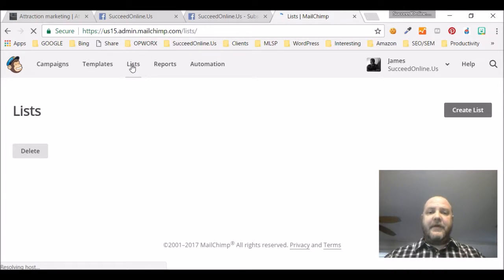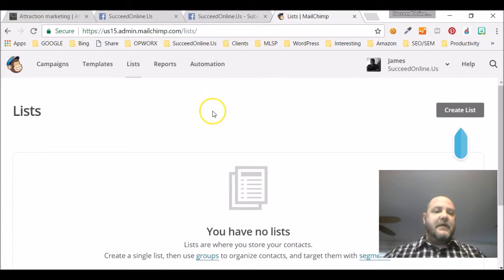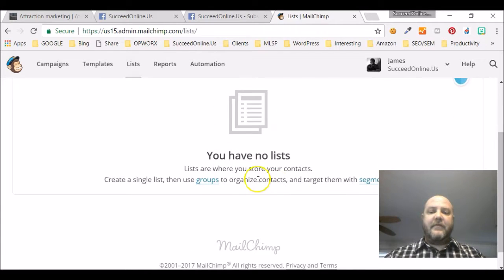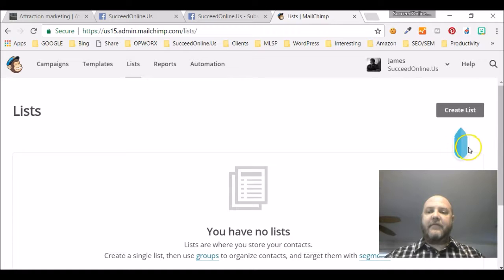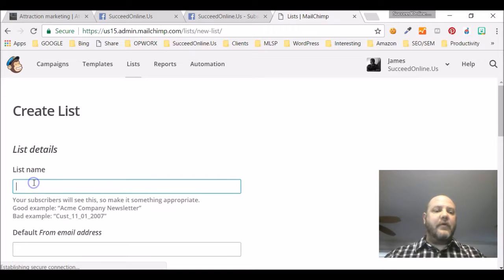So step 1 in MailChimp, we're going to set up a list. All right, you have no list. So we want to create one. And you see this flashing little pointer, create list. Now you can call this whatever you like. This is visible to the public. So your clients that are on the list will see this. I'm going to call it SucceedOnline.Us news subscribers